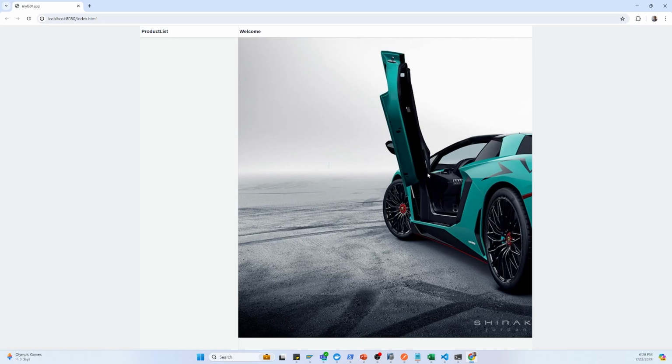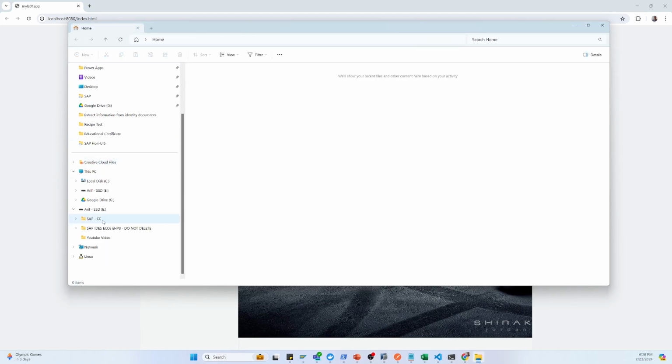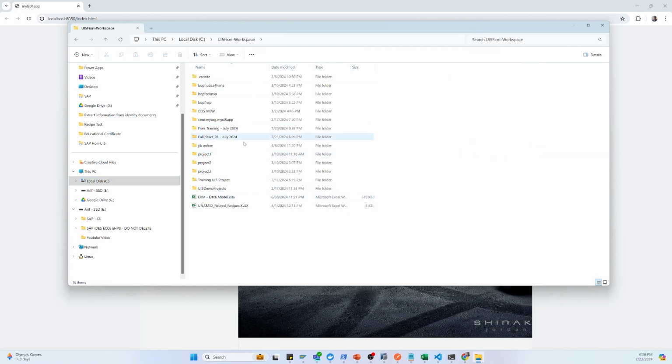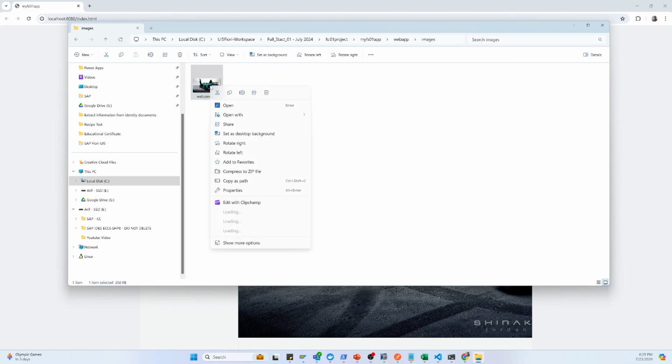So now you can see that is showing, but still actually it's not that. So what we can do, we can just go to the UI5, and from here stack, and this is the project, this is the app, web app and images, and this is the image. So here open with Paint,